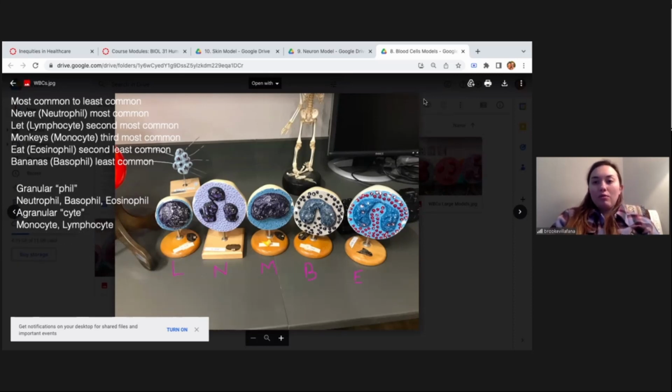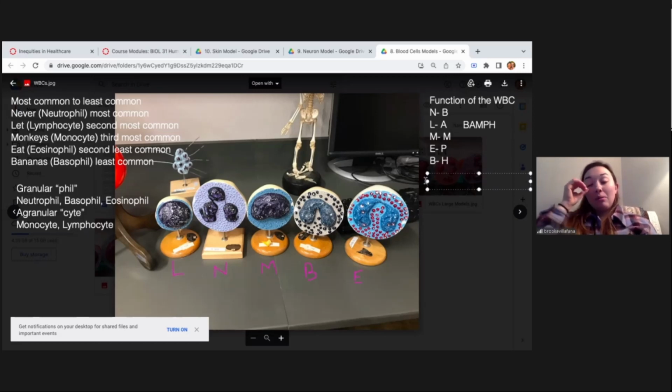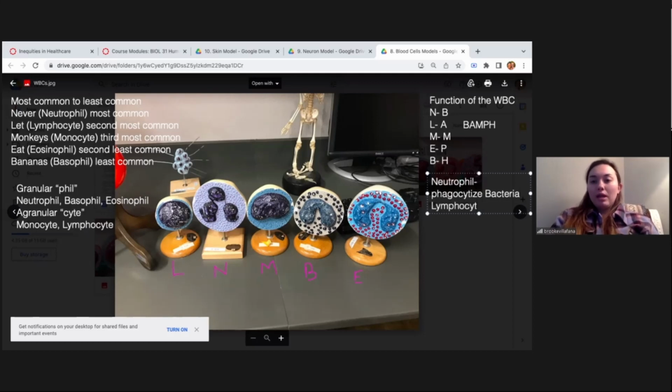Then you also need to know the function of the white blood cells. For "never let monkeys eat banana," we have a matching mnemonic, BAMF. It's not technically a word, but it's easy to remember. Does that make sense? If you can't remember that, just know they go next to each other. So you remember that neutrophil phagocytizes B for bacteria, lymphocyte is A for antigen-antibody complex,